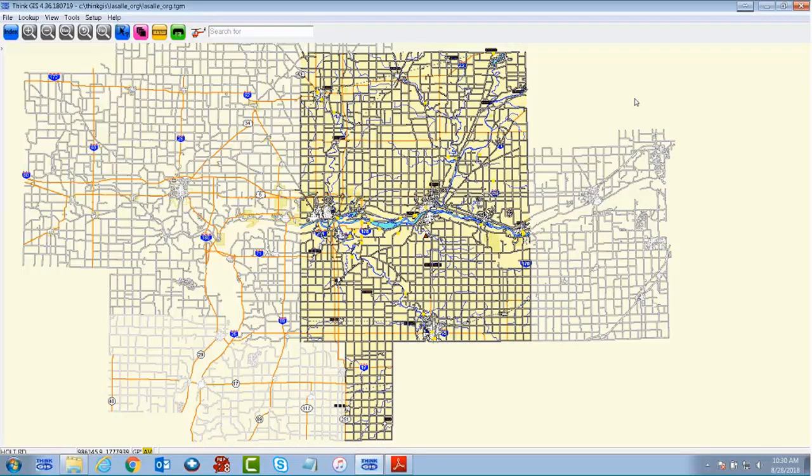So this session is about editing in ThinkGIS, and we try and do at least one session like this at every user conference. We find that there are a lot of tools, as you know, within ThinkGIS, and we feel